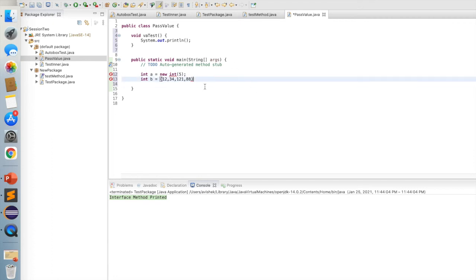Let me write down a very small program. So what I'm doing here, where is the problem? Can anybody tell me? So the problem is this is a primitive data type. In primitive, I cannot use this class, this object concept. Okay, but what we can do,